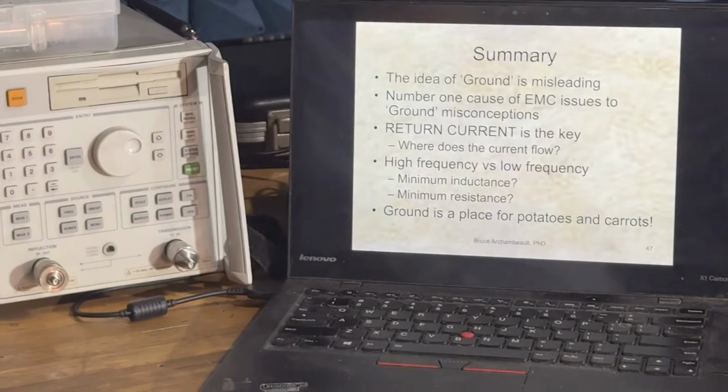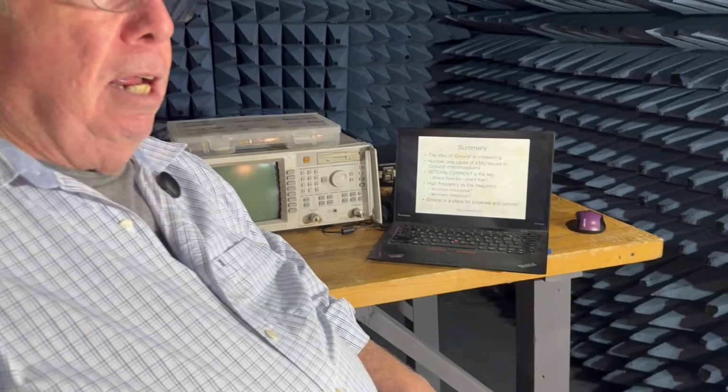So the idea of grounding is very misleading. I think that the number one cause of EMC problems is the misunderstanding that people have of ground. And I've spoken to many professors, and there's only a few schools that talk about this ground thing without it being this magical, wonderful thing that all gets connected with zero inductance between it. The return current is the key. Think about where the return current is going. The outward current obviously goes on the trace. The return current is going to come back underneath the trace, as I showed you, as long as you don't